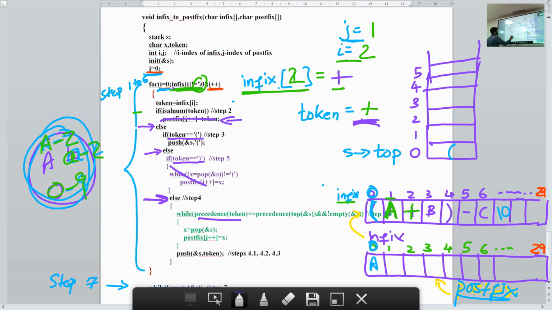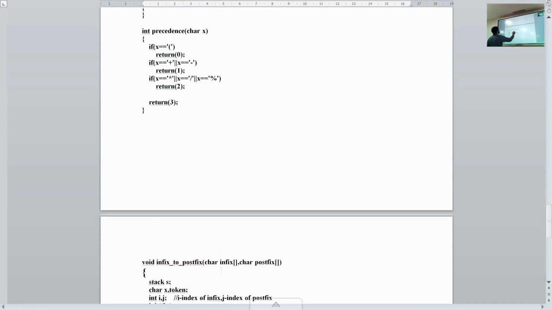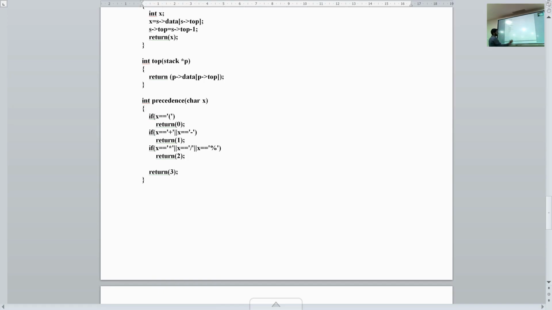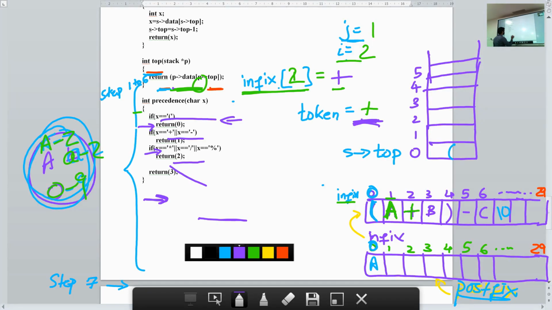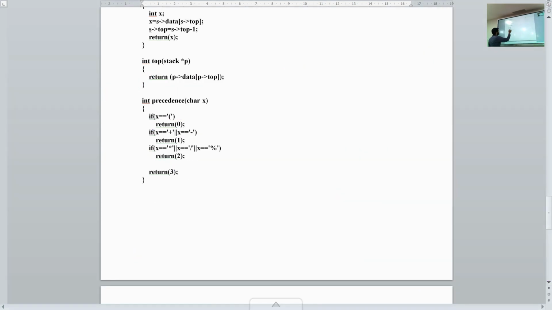So I check here the precedence of the token. Token is plus. What is the precedence of the token? If you remember, we have set a precedence function here. Precedence of plus is set as 1. Okay. So I return the value here as 1.